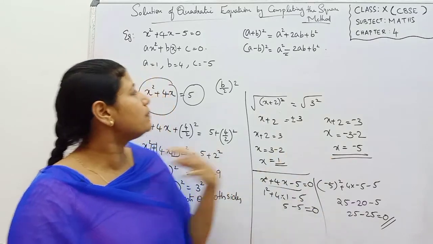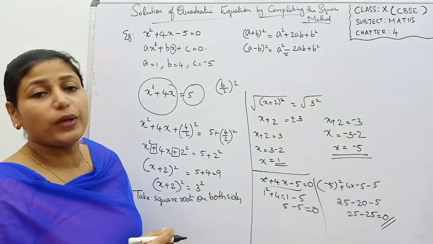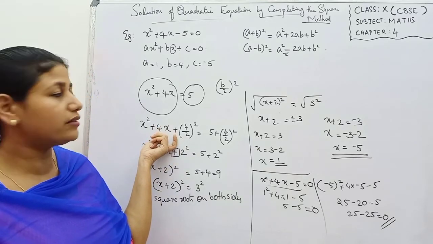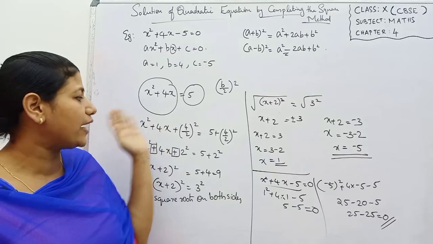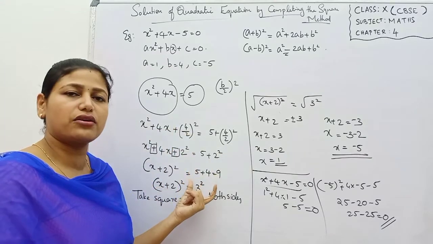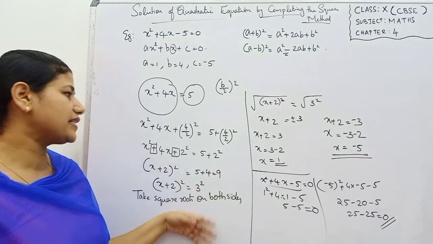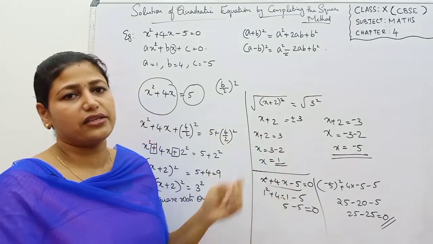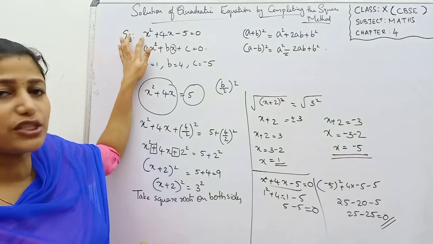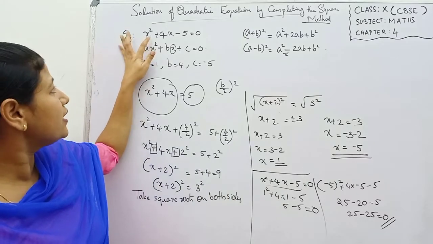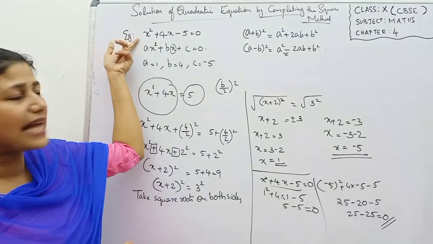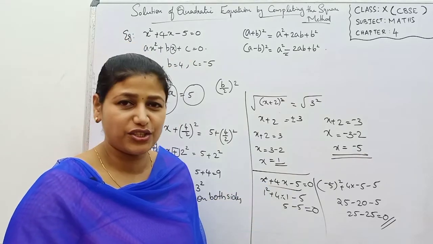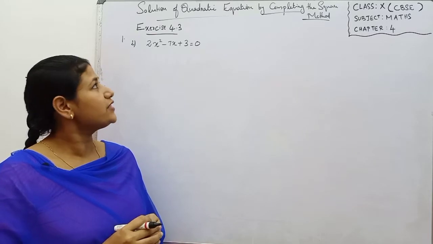Okay. So what is meant by completing the square method? We have to take the half of the coefficient of x, square it, and add it on both sides. Then you will get perfect squares on both the sides, and taking the square roots, you will get two solutions if it is a quadratic equation, since the power of x is 2. So the degree of this equation is 2. That's why we have this as a quadratic equation and we will find out two solutions for that. Understood? Now we will do the exercise 4.3.